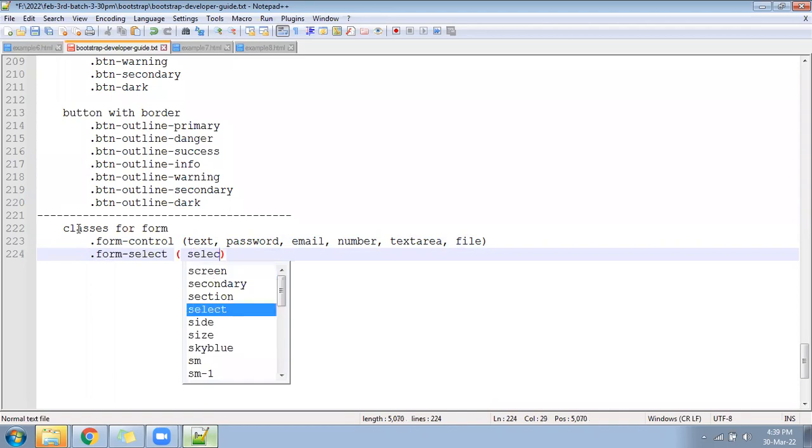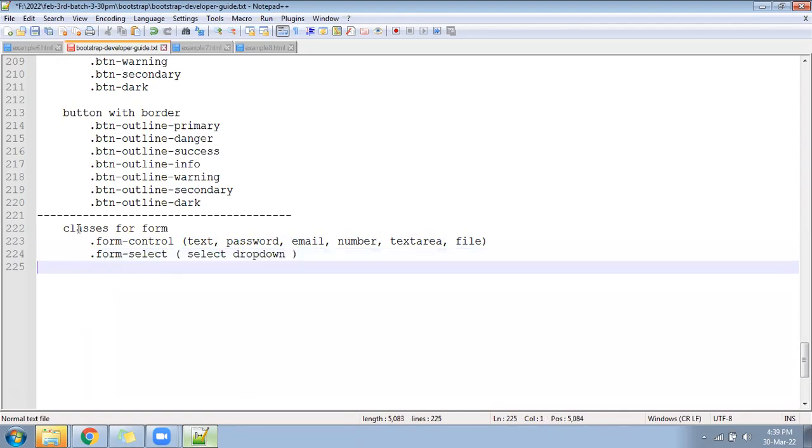For select drop down, we can use this. Okay, hope written.